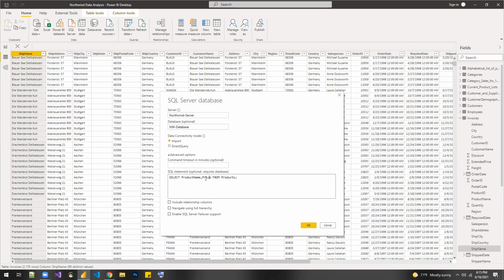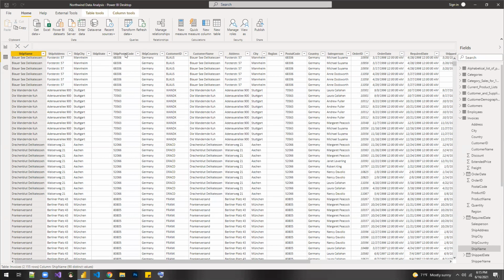So what we are doing is we are only loading these columns from the product table into this PBIX, and then we click on OK. So the only difference between connecting to an Excel or Northwind is we have to provide the server name, database name, and then either